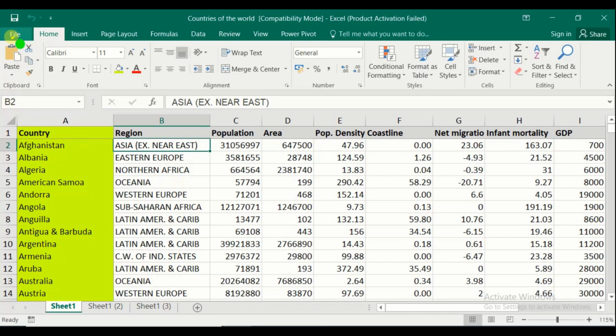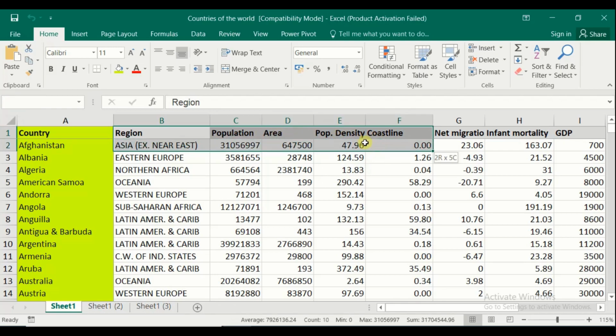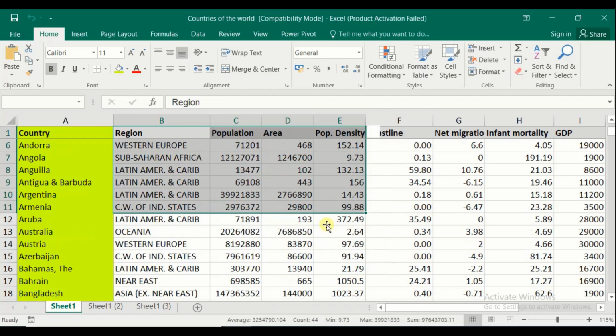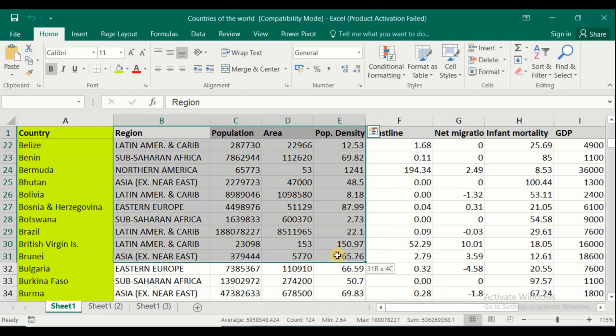Next option is printing the data from a selected area. I want to print only the region, population and population density. So I am selecting this area only. I want to print the data from the selected area only, no other data.